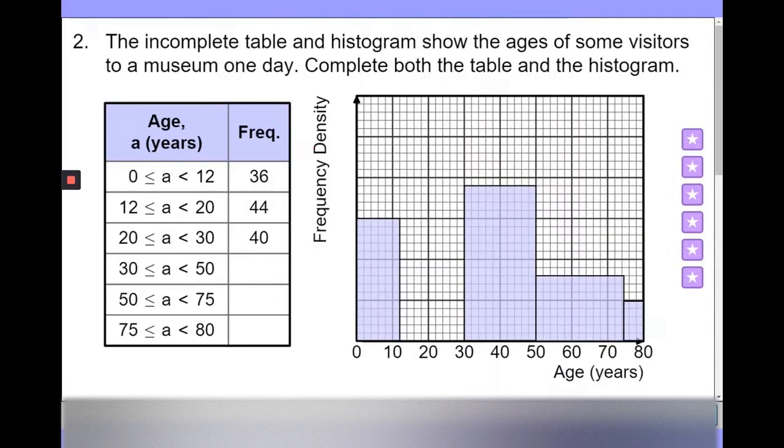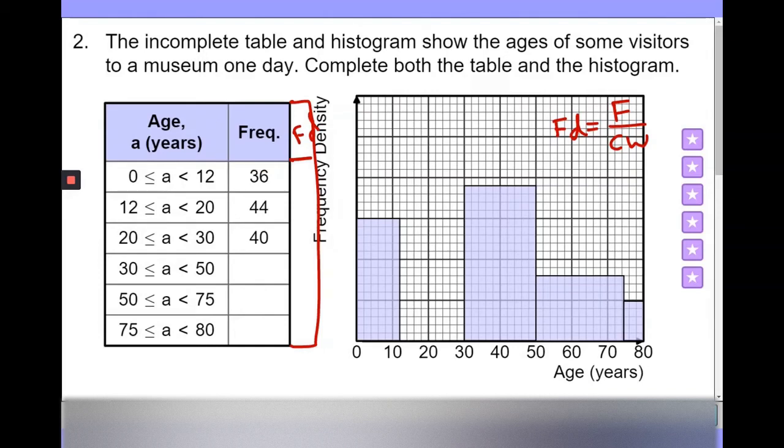Okay, now the next question here. Incomplete table, again, it's essentially the same thing. So we want to work out the scale, so we're going to need a frequency density column, FD, and we know that FD equals F over CW. This means we're going to work out the frequency density scale first. So in this case it's